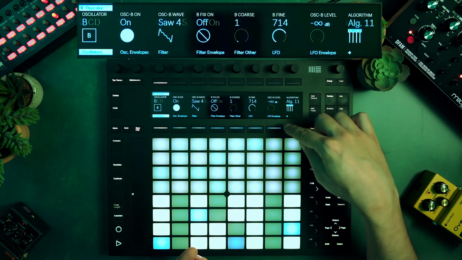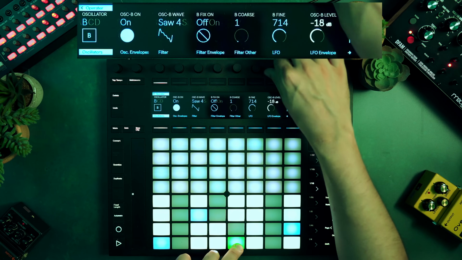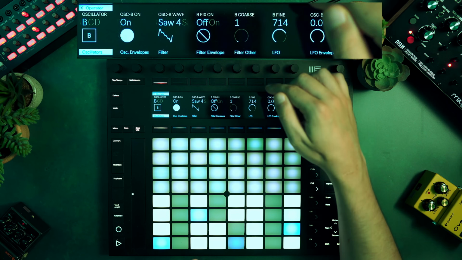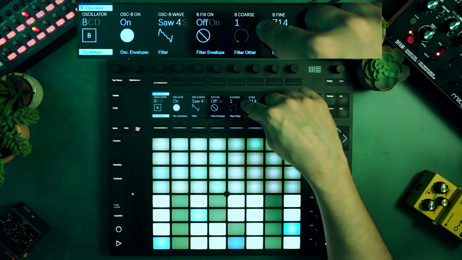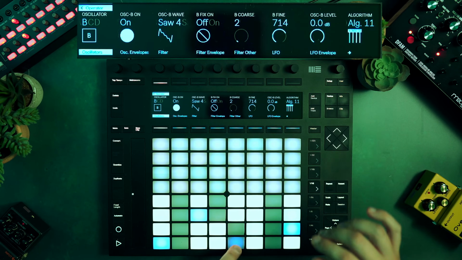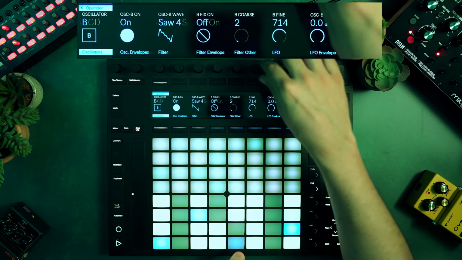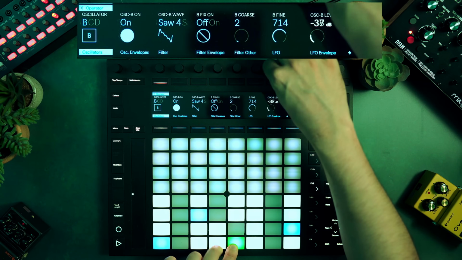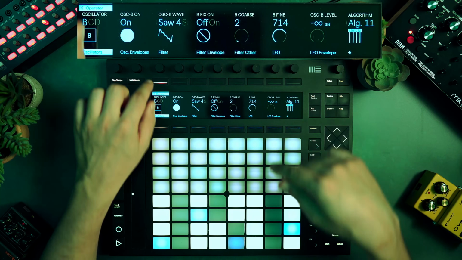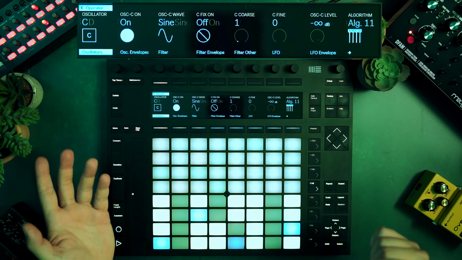Here you cannot hear because the oscillator level is down. I'm gonna bring it up, and you don't really hear because they are both at the same octave. So I'm just gonna switch to coarse 2, and now you can hear they are different. And now I'm gonna play. I'm gonna be able to add some harmonics here, and I'm gonna do the same with oscillator C, except this